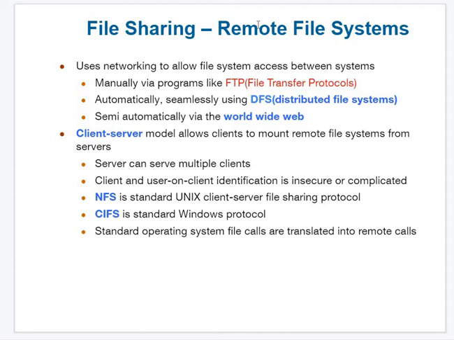So how many types of protocols work here? There are three types of protocols: FTP, DFS, WWW. These are the three protocols that work between two persons who are in two different geographies, called remote places. Remote means far place.